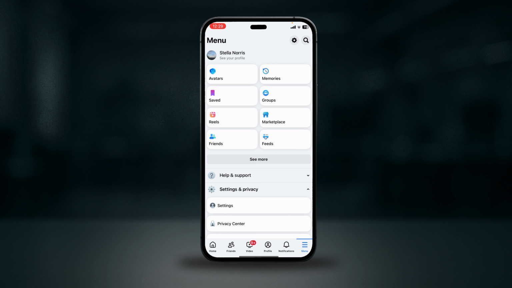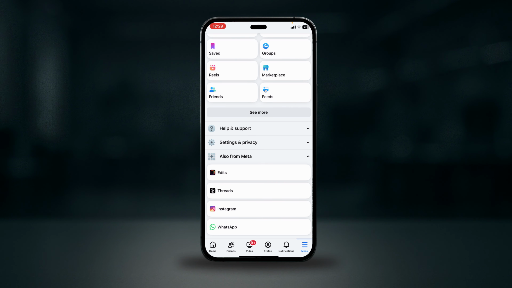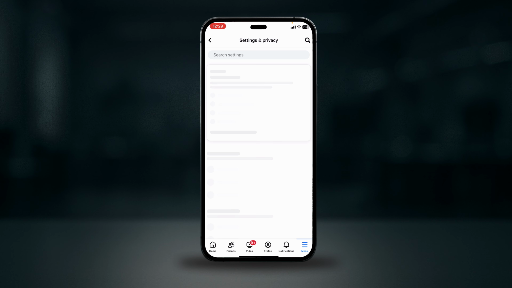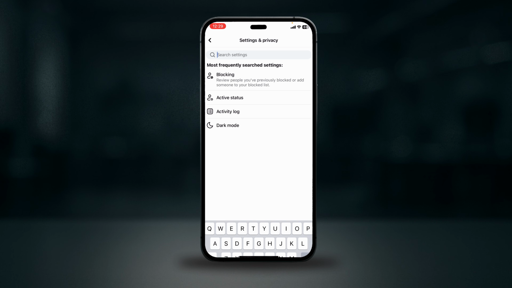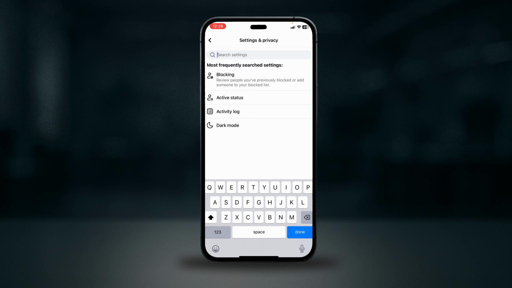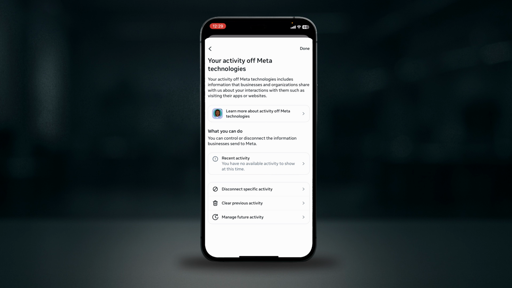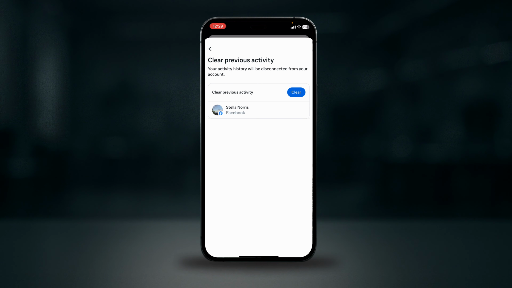Open your Facebook app and then tap on the three lines, then scroll to Settings and Privacy, then click on Settings. Next, search for Off-Facebook Activity. Then what you're gonna do is click on Clear Previous Activity and hit Clear, and then toggle off Future Activity